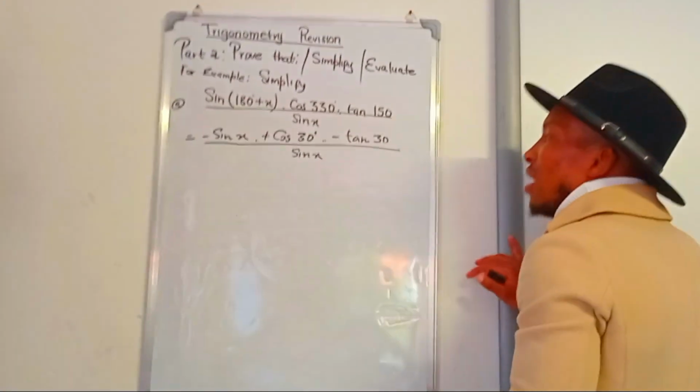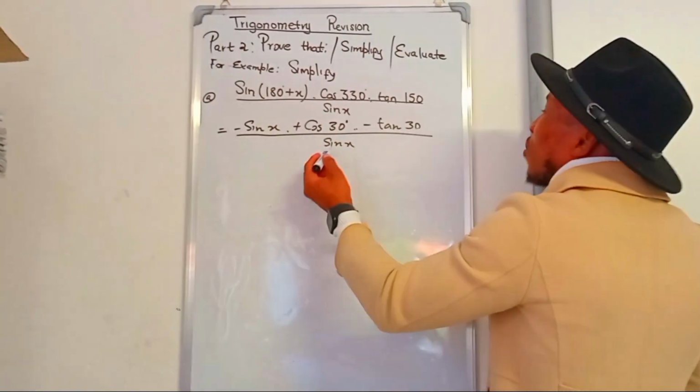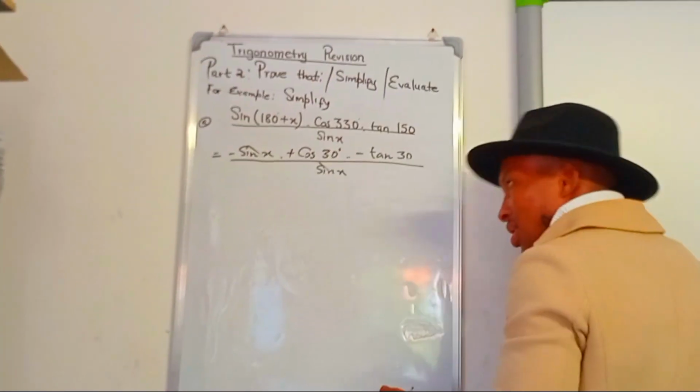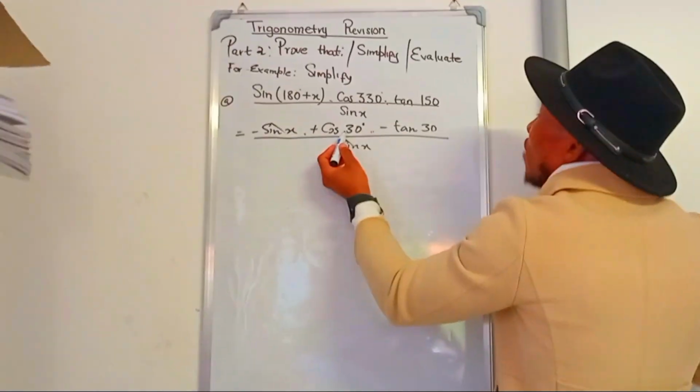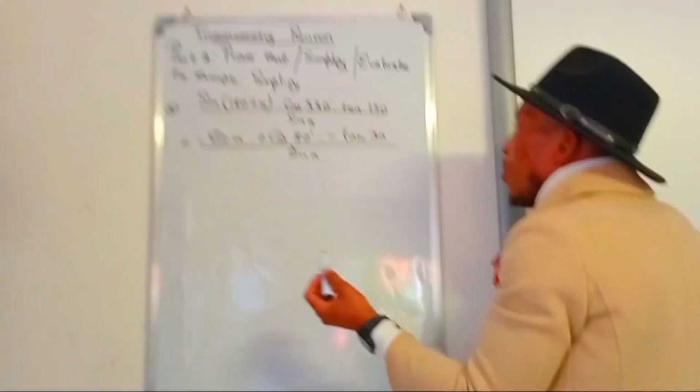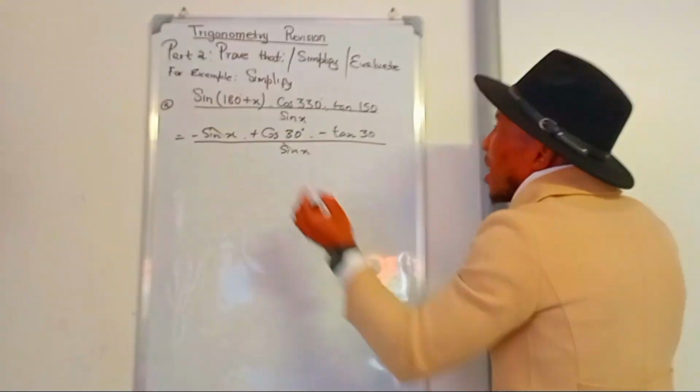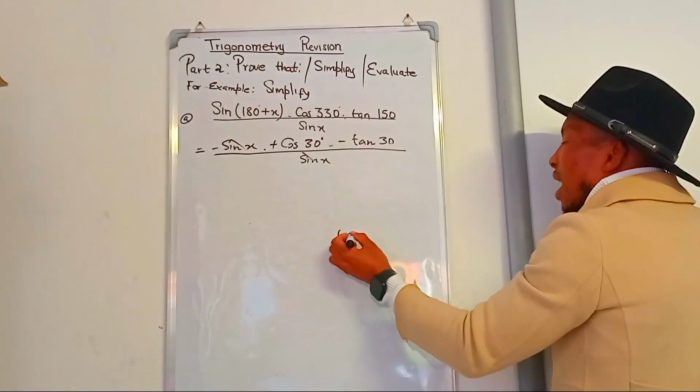Sine x here. Then what are you going to do? We are just going to manipulate this one using the laws of exponents. And also, we'll learn what cos 30 and also tan 30 are. What are we going to do here? Remember what I said? When we're seeing tan